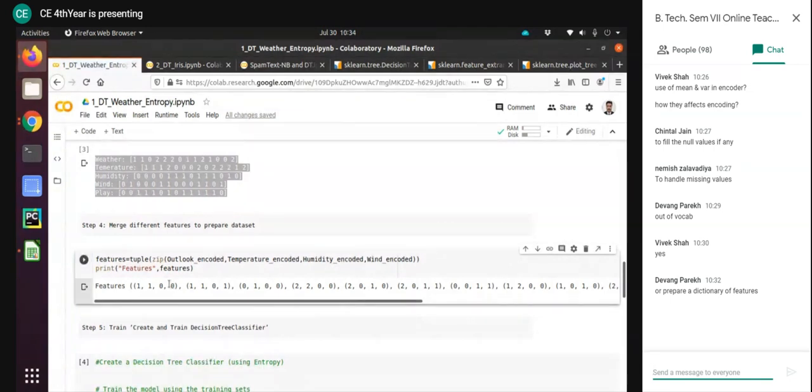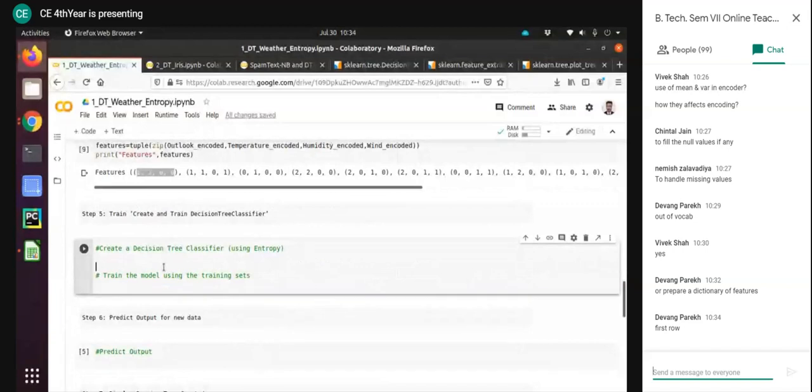right? So, and what is the meaning of this 1100? The first row, you can say, they are discussing, right? Where the first one value indicates the weather, second indicates the temperature, and so on, right? So now,